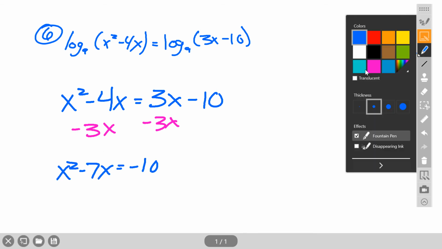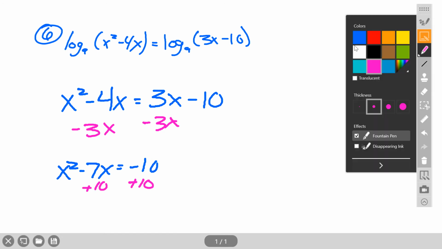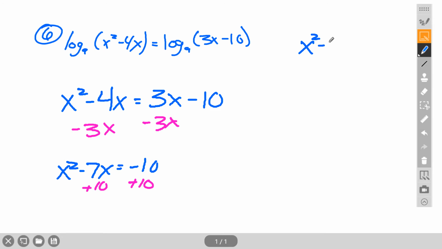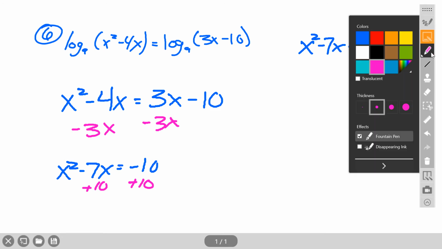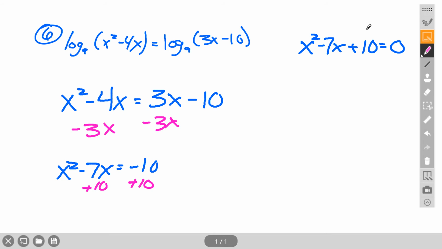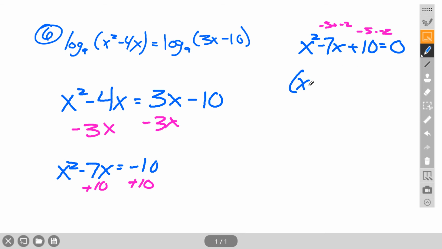And then we have to add 10. And we end up with x squared minus 7x plus 10 equals 0. And now we can solve this quadratic. So we're looking for numbers that multiply to 10 and add to negative 7. So that's negative 5 times negative 2, negative 5 plus negative 2. Okay, so this factors into x minus 5 and x minus 2. So our possible solutions are 5